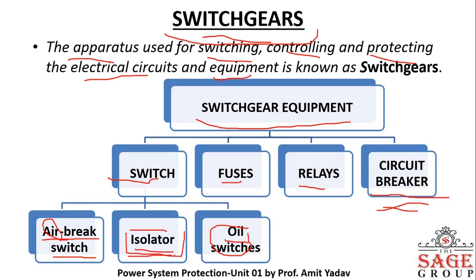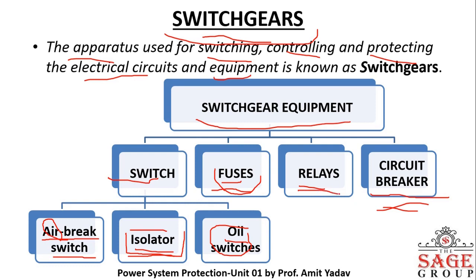It always works manually. Now the second equipment is the fuse. As you all know, a fuse is a short piece of wire, or you can say a thin strip of wire, which melts when excessive current flows through it for a sufficient time. So simply, it is a special type of wire which melts as the current increases. This is also a type of protecting equipment normally used in our power system.